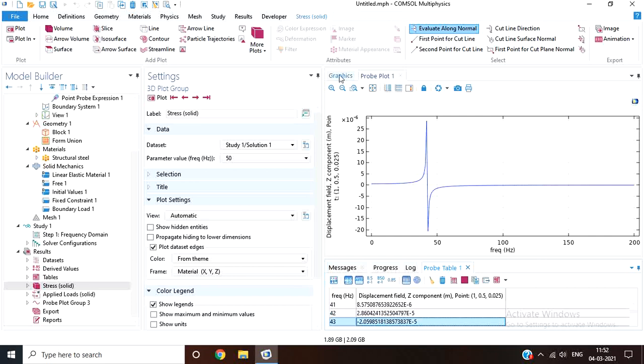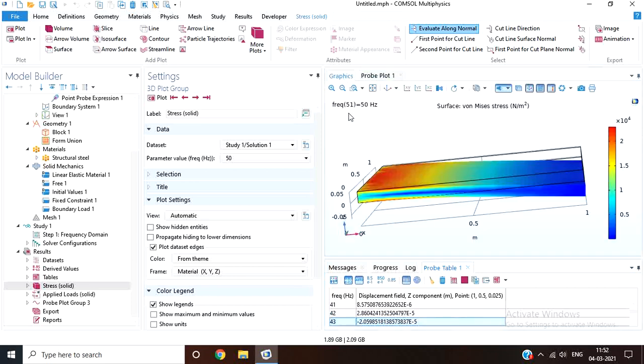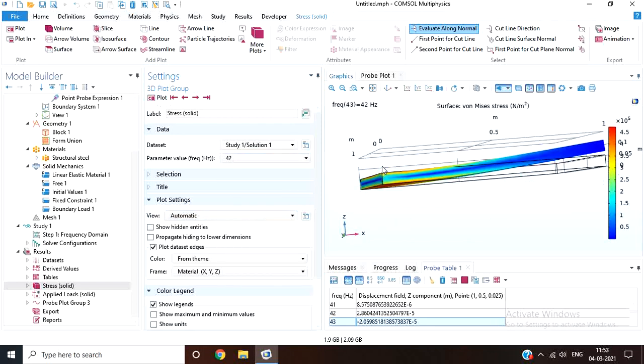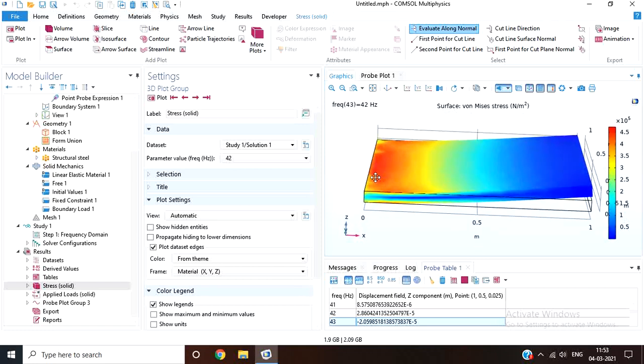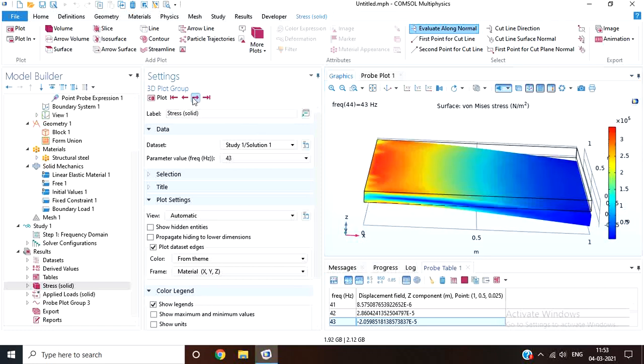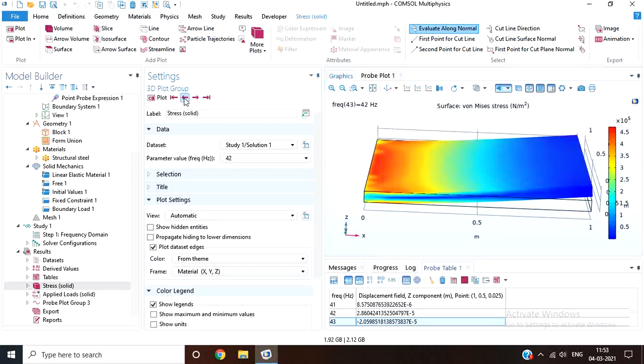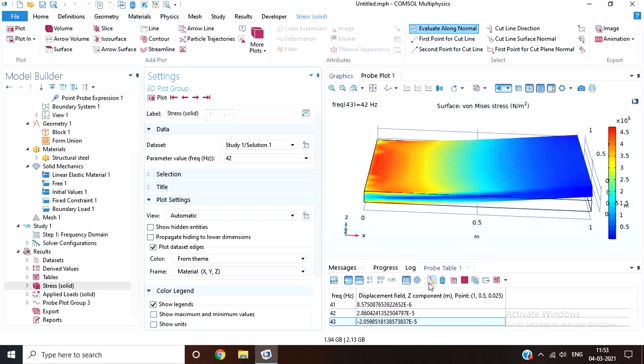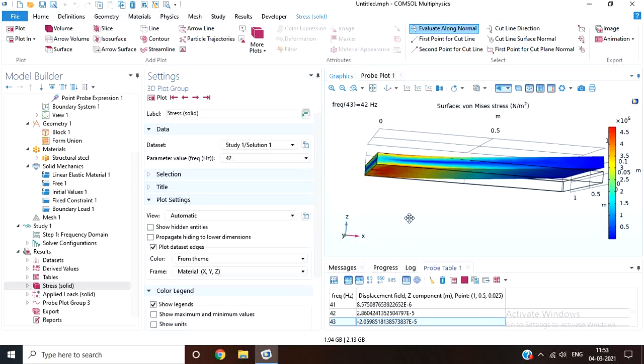For 50 hertz, the stress plot is shown here. So let's see the stress plots for 42. For 42 and 43 the stresses are maximum because the displacement is maximum.